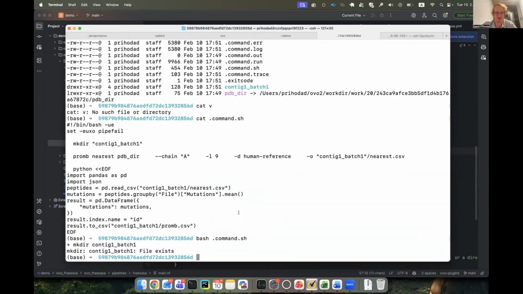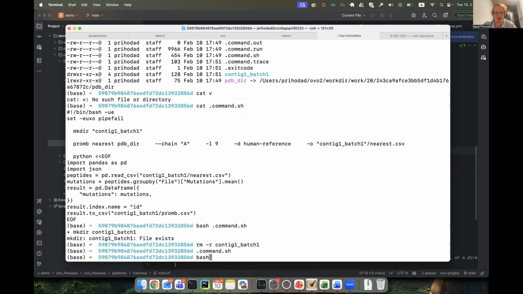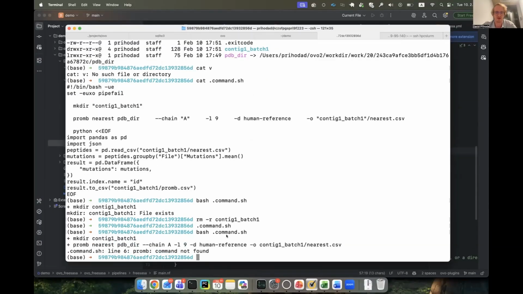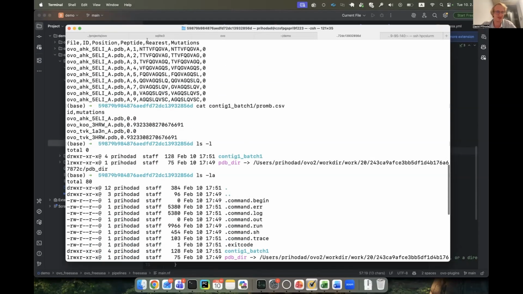So you could just do, yeah. Sometimes you would need to remove the output file if there's a conflict. Of course, this would be executed in the environment, so for debugging you would need to activate that environment and run it, just so you know. I just realized I maybe should not have deleted that file, so I'll create it